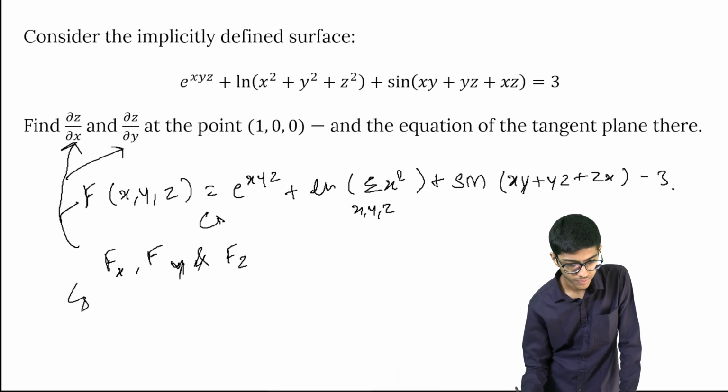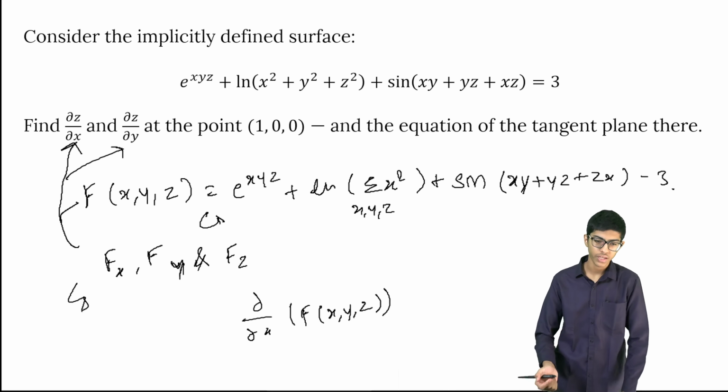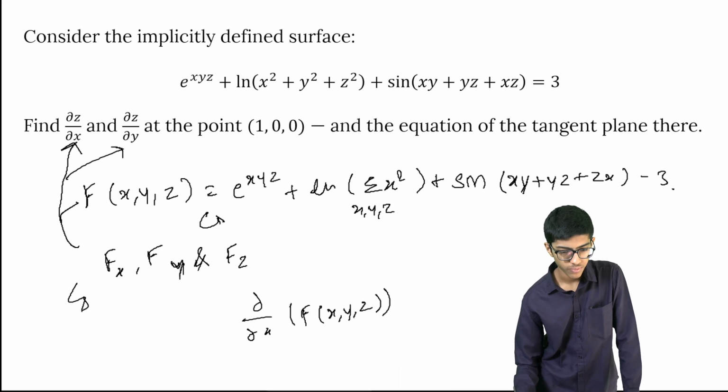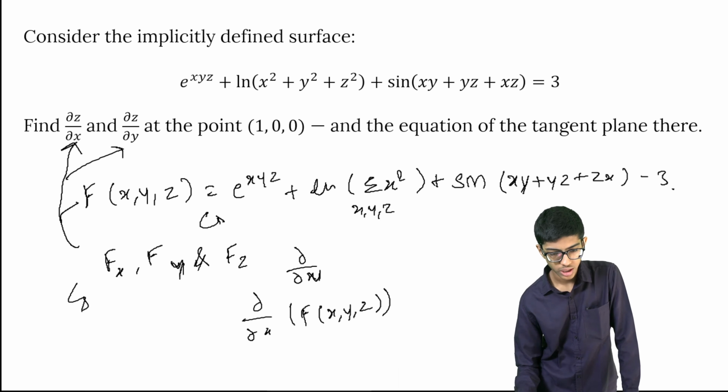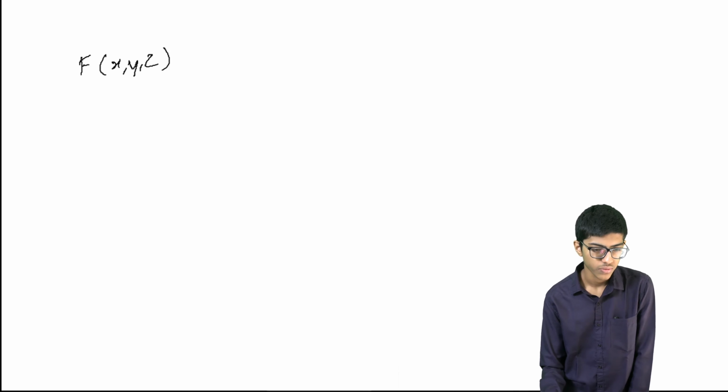Hence we have, and then by cyclicity we can figure out the same for the partial derivative with respect to y and the partial derivative with respect to z. Here we have, for the partial derivative with respect to x,